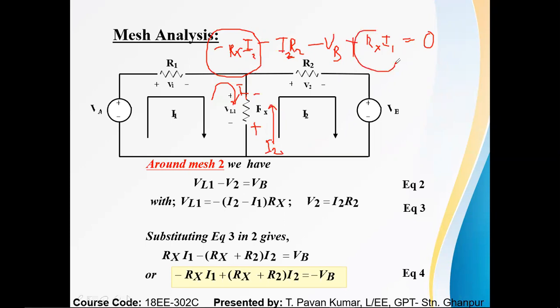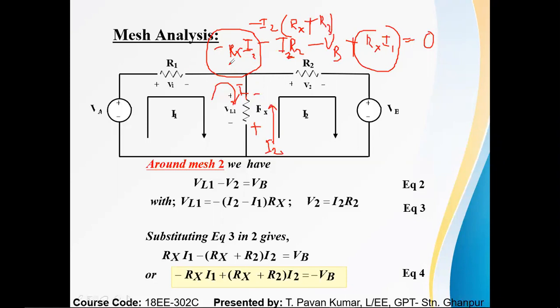In the common resistor, I have two currents. One is based on I2, one is based on I1. We have two currents. So let me write this equation in this way. Let me take I2 common on this side. How do I take common? Let me take minus I2 times R2 plus Rx, or I can write Rx plus R2 because Rx is the first term now. So you should write the first term Rx plus R2.